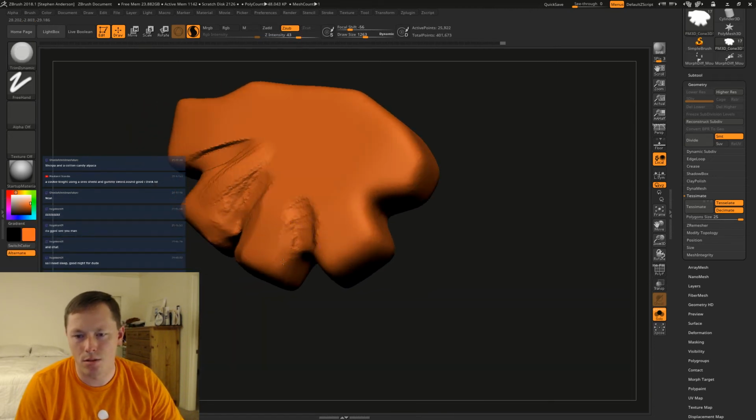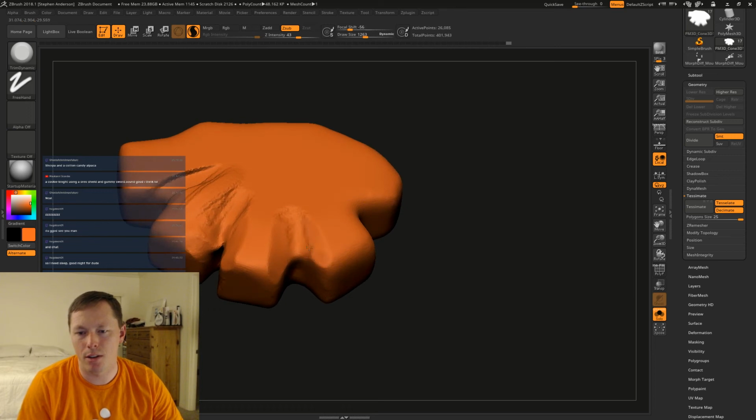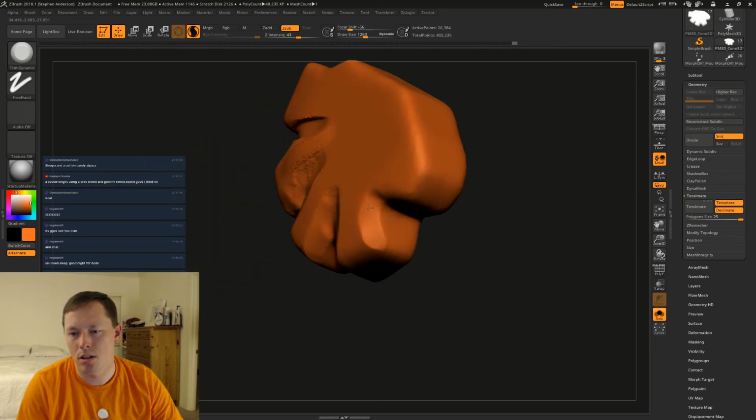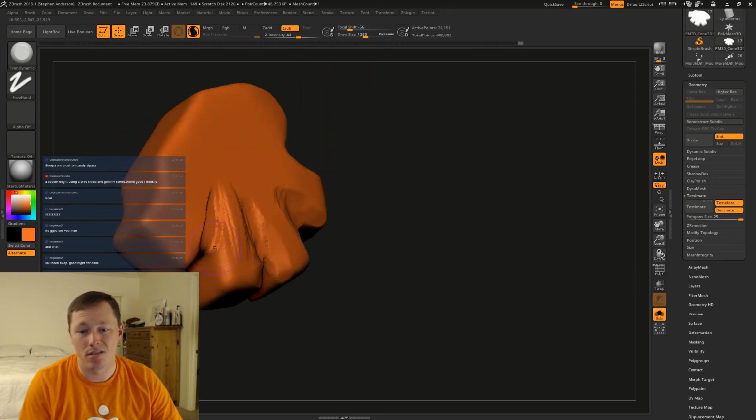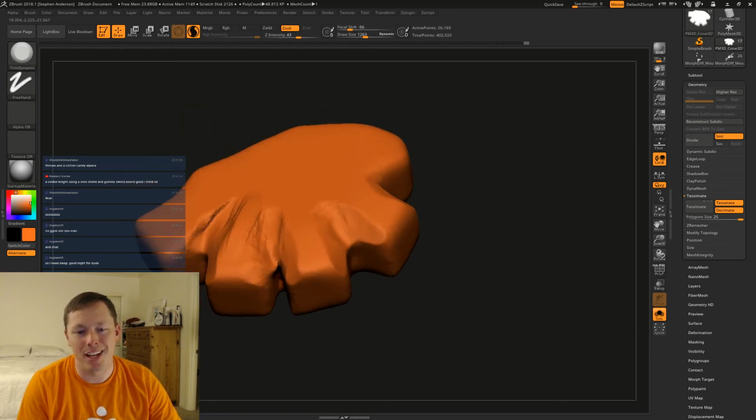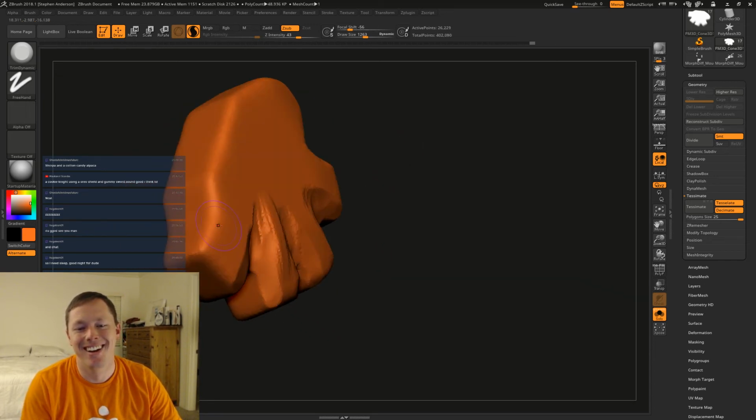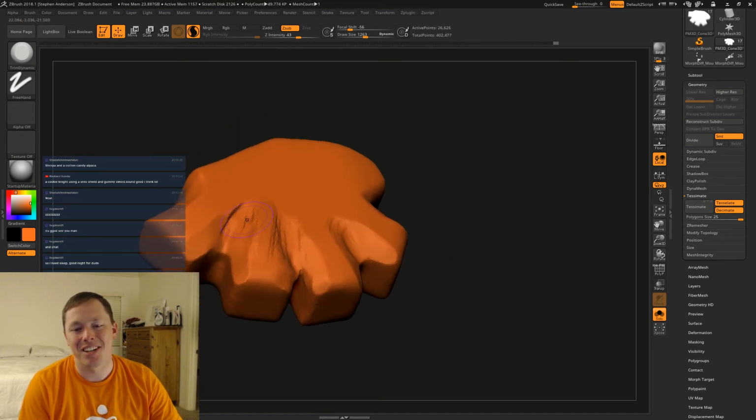And just use whatever brushes to kind of round these out. I should have just done insert mesh brushes on a base. It's just the stupid things you think of after you're done doing something.